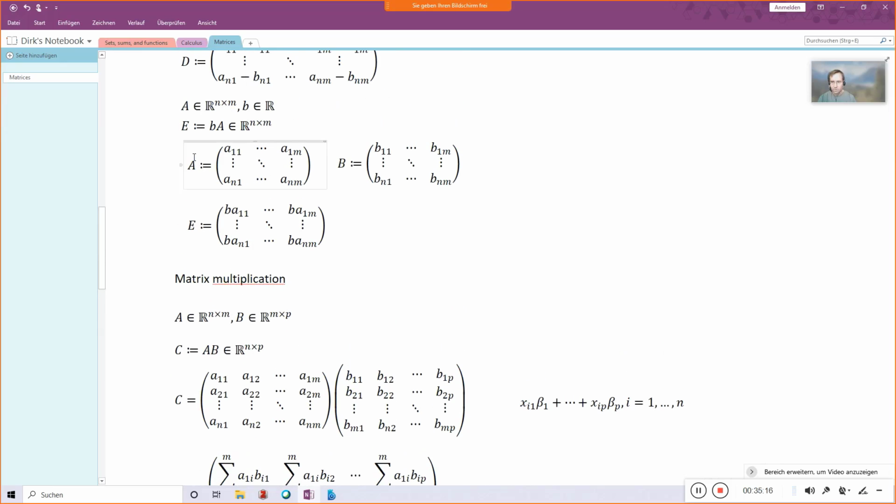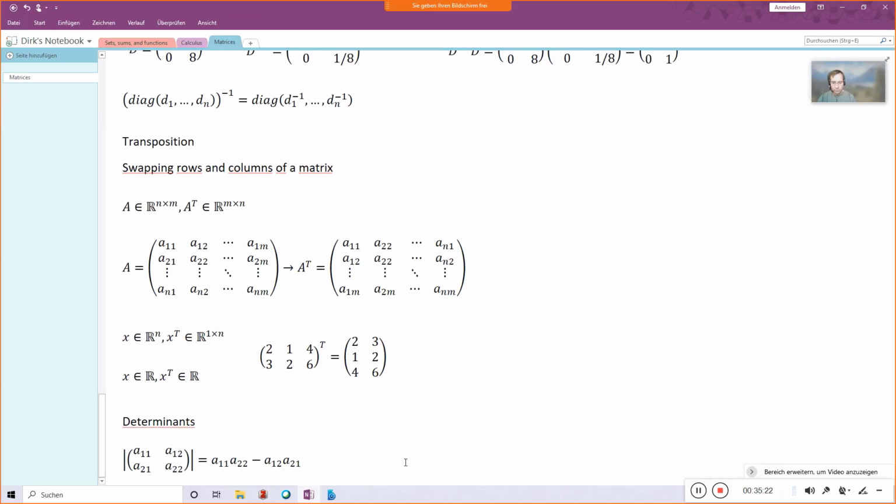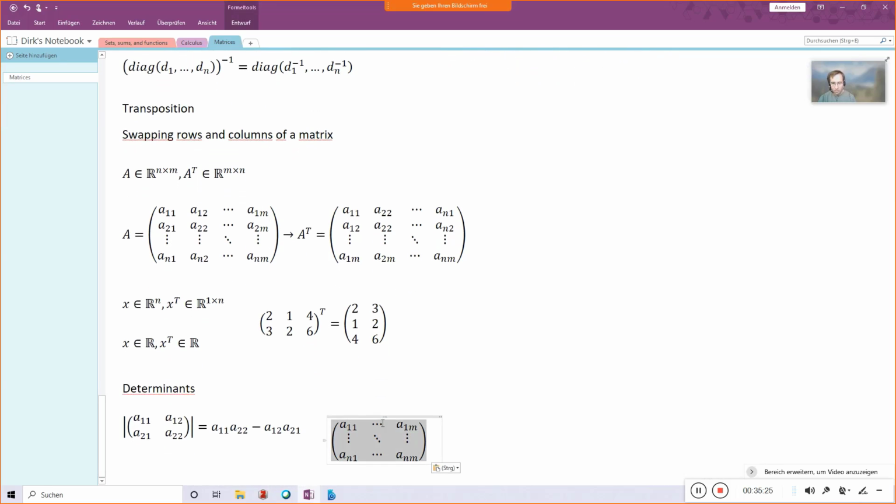Where do we have a 3 by 3 matrix here? If we have a 3 by 3 matrix, there is what is called Sarrus' rule to compute the determinant of that. In general, there's of course also a general definition of determinants. I think that's called the Leibniz formula, as far as I remember right now. But to introduce this, you need permutation groups and stuff, and we would spend way too much time in elementary math. So if you are interested in the general definition of a determinant, have a look at Wikipedia,